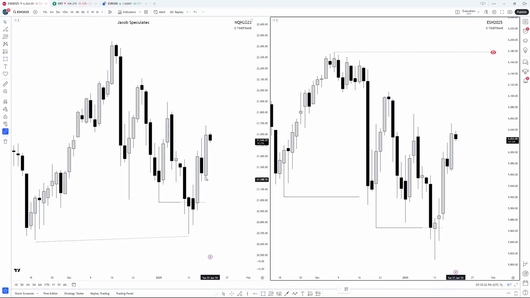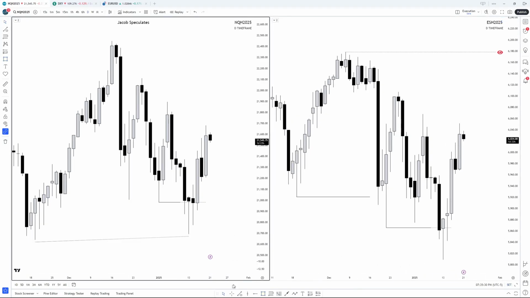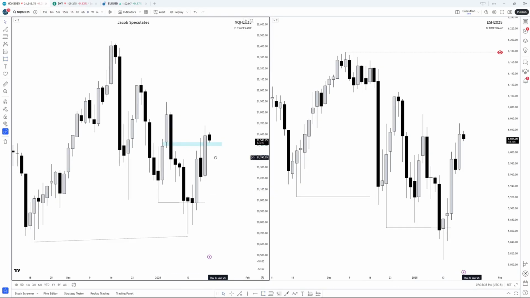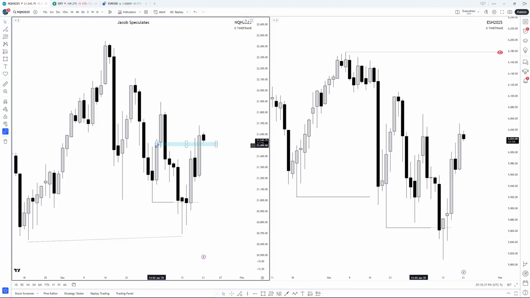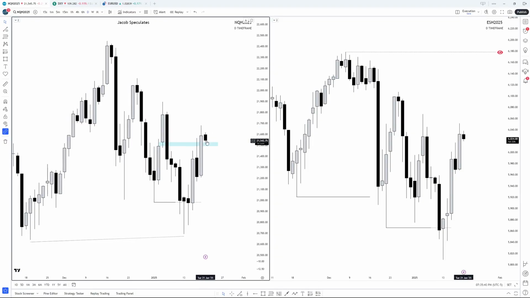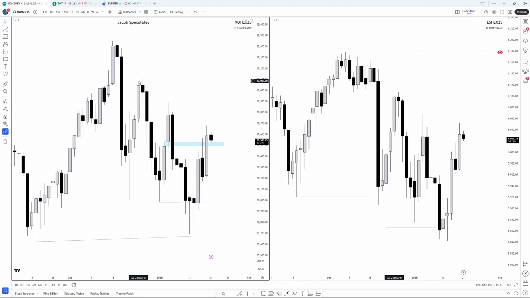And something I'm really focusing on and really watching is, if we turn this off, I want to observe and see how this gap right here, how we treat this gap. So that's not the buy signal. That's not me telling you to buy right now. That's not that. I just want to see how we trade within this gap and see if that will push price higher in the direction that we want to see, taking out these highs on the S&P and then trading above this high on the NASDAQ.